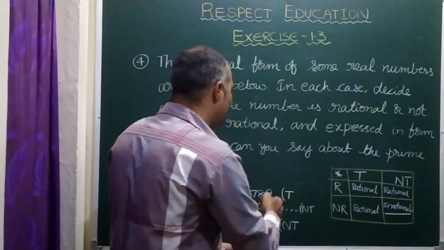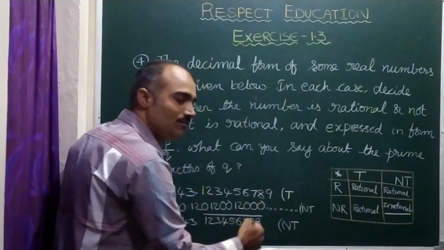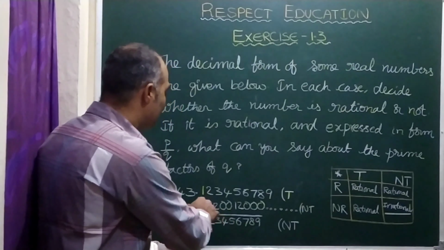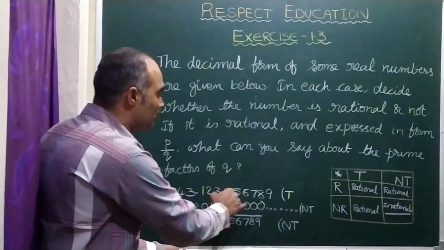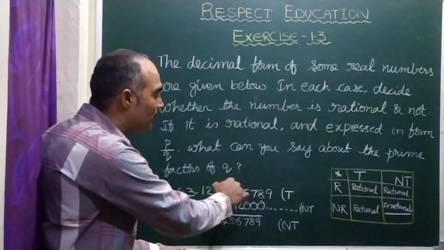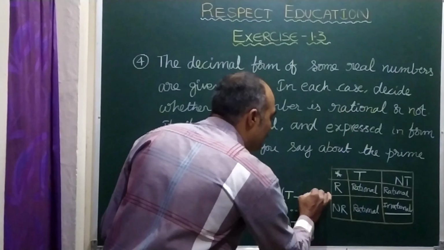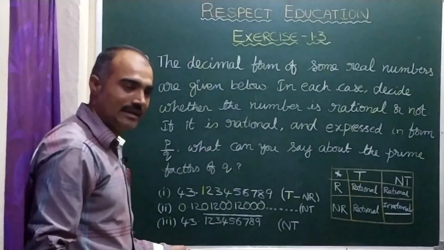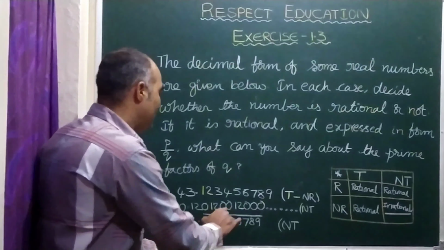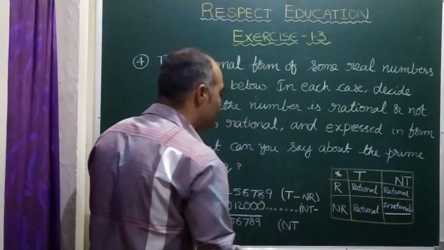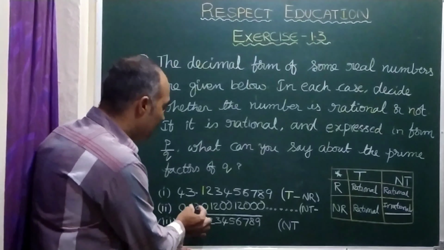Now already we have checked which are terminating, non-terminating. Now we will see which are recurring, which are non-recurring. Here you see, it is 43.123456789. No number gets repeated. So it is terminating and non-recurring. Whereas here you see these dots, so on, indicate non-terminating, and here you observe it is 1